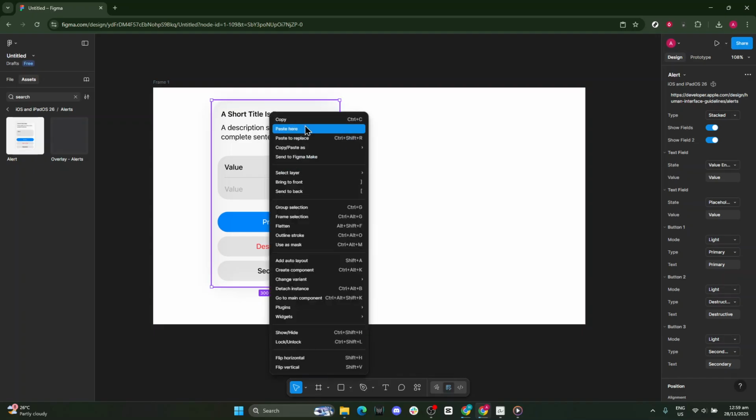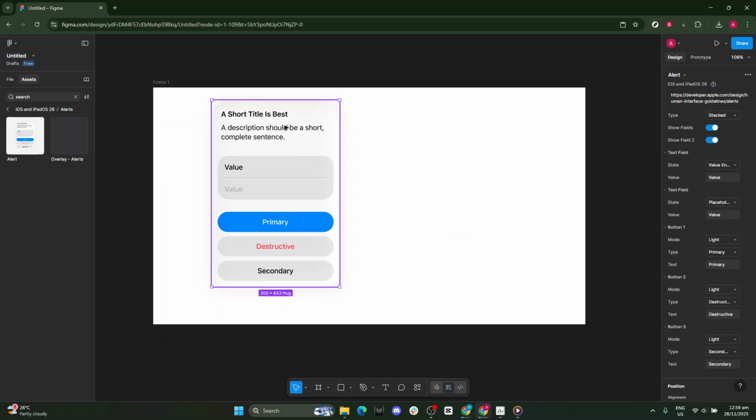Using your editor's standard copy command will capture the instance along with its constraints, layout settings, and any overrides it already has. Copying the instance ensures you're working with a faithful duplicate that behaves the same way until you decide to break the link. Navigate to the exact place in your canvas or frame where you want the new element